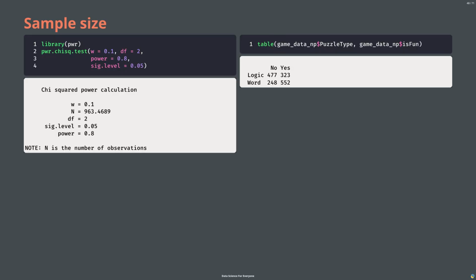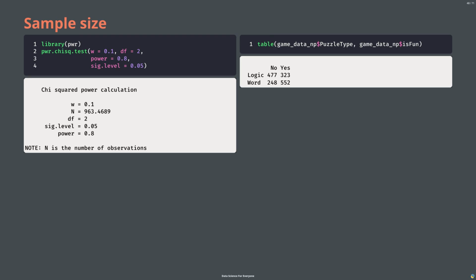Let's look at the game_data_np dataset for this analysis. The chi.sq test originally required a sample size of 964 participants, represented as n in the output, based on the effect size of 0.1, 2 degrees of freedom, a power of 0.8 and a significance level alpha of 0.05. Rather than collecting 1000 individuals per puzzle type, as would be needed for chi.sq test of independence, this study included a total of 1600 participants,